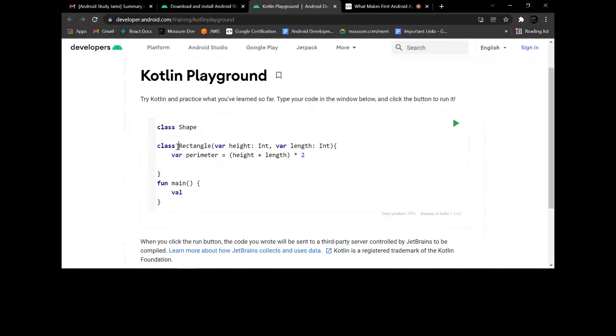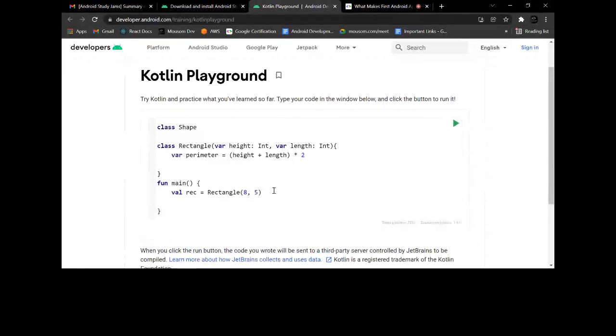So inside the main function, we can just call this rectangle and use this property. I'm storing the rectangle, creating an object of that. So rectangle, and we have to give the name the same as this. It should be the same. Rectangle, and inside that I have to pass the height and the length. So let me pass 8 and 5, and let me print.